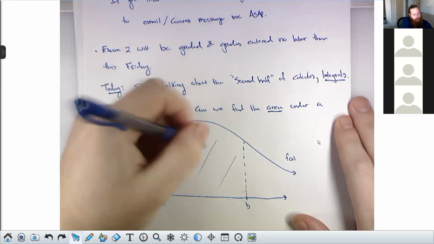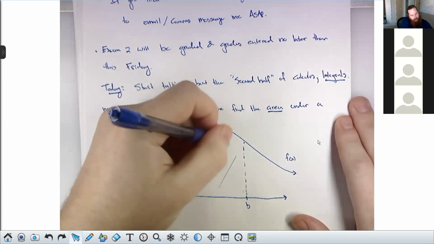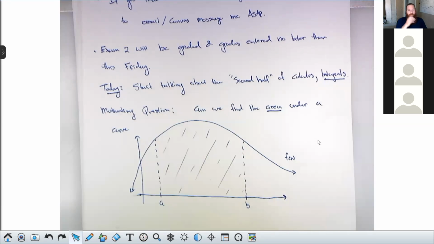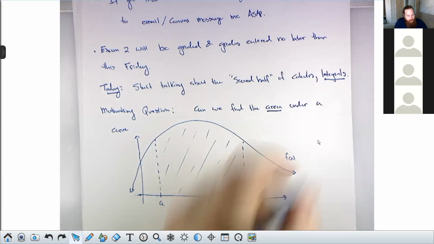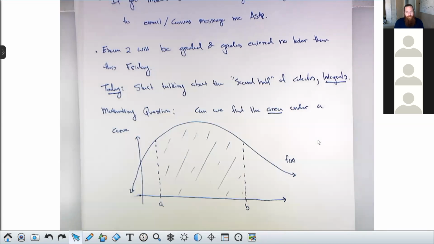At a glance, this doesn't appear to be at all related to what we've been doing. And we're going to start by solving this geometrically. We're going to do something kind of obvious. We're going to start filling that area up with rectangles. And then we're going to use some limits to make the rectangles really narrow so that the approximation we get from those rectangles becomes very, very good. But then what we'll see is as we send that limit wherever it must in order to get the approximation very, very good, something funny involving derivatives will happen.